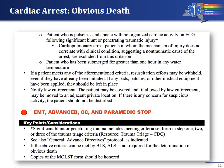So patients who've had trauma and now have no cardiac activity can be considered obvious death. What's notable here is that if somebody has a mechanism that's not consistent with causing a traumatic death, they should be considered a medical cardiac arrest and not a trauma cardiac arrest. So if somebody bumps another car at low speed, that may very well have been a medical cardiac arrest that